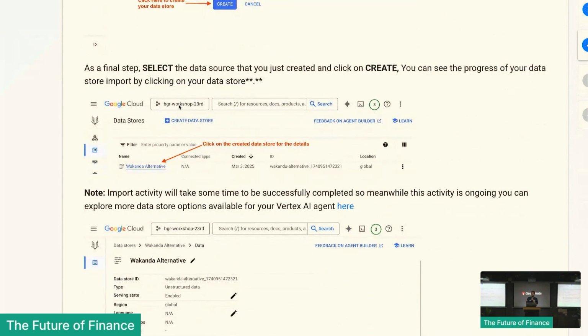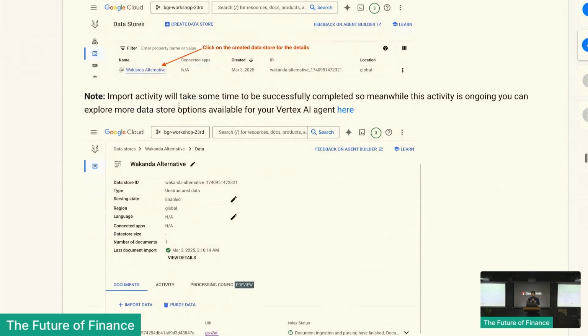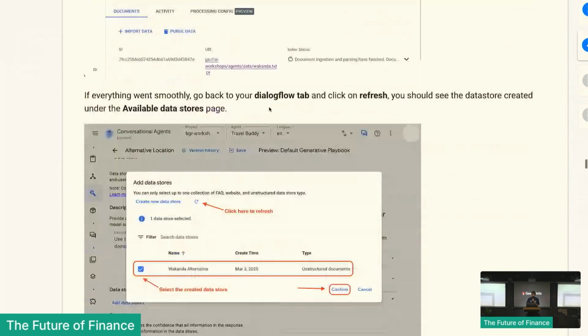A data store is nothing but the knowledge base that you are giving to the agent, that normal LLMs would not have or would not know about. And when you create it,